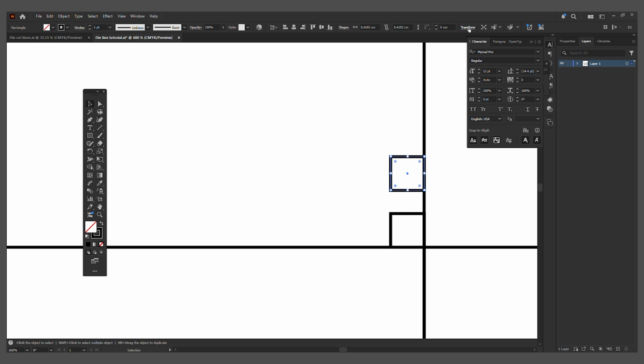So we're gonna go to the transform panel again. Now we have the height as 4.192. By making this half, it would be 2.192. We're gonna press enter, and you can see it's changed. Now we're gonna